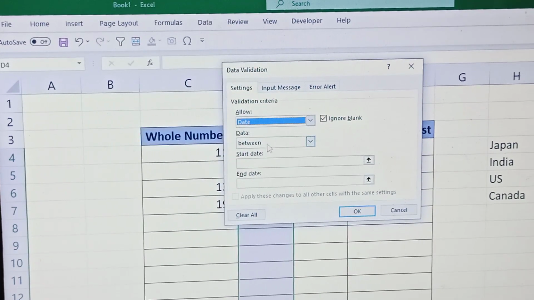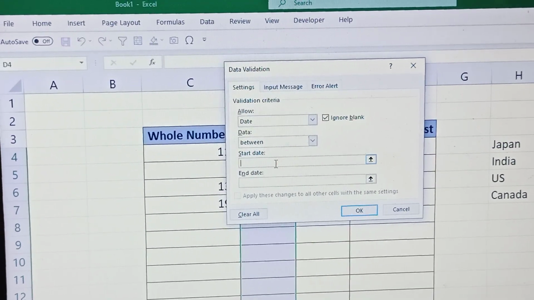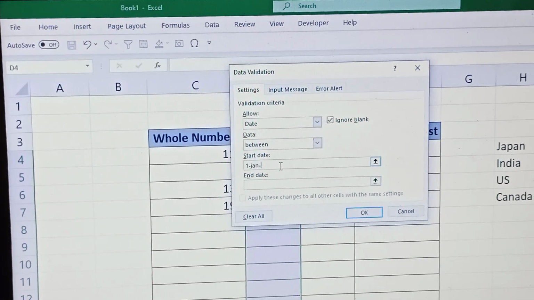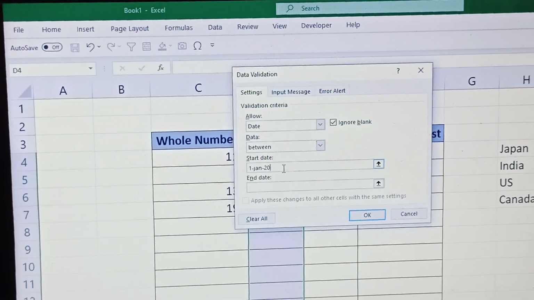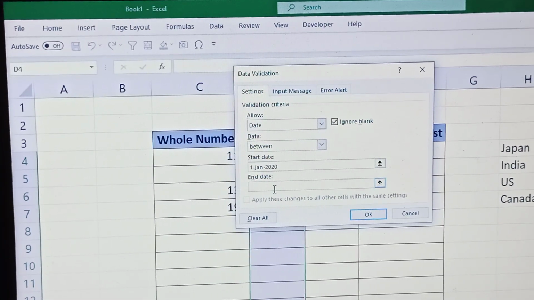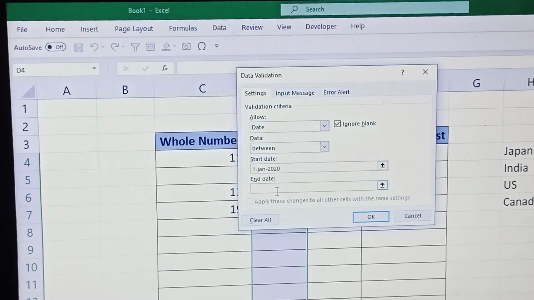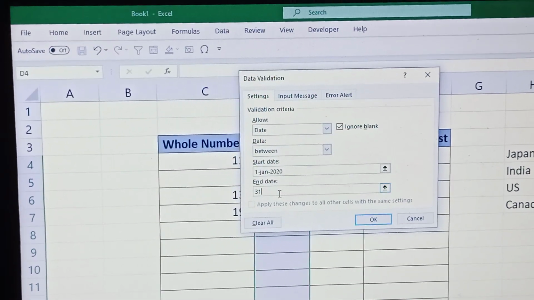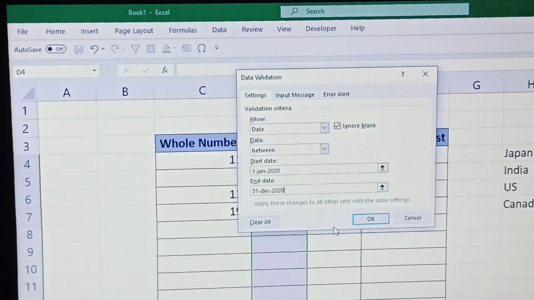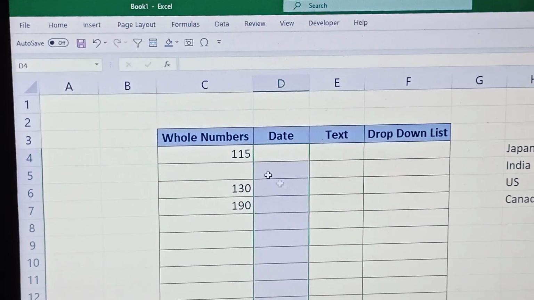Keep it in between. Dates between 1st January 2020 till 31st December 2020. Okay? And click OK.